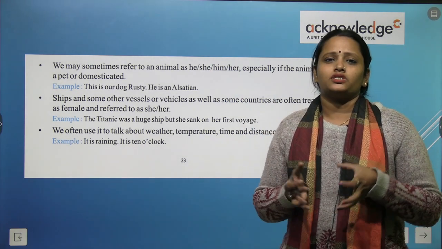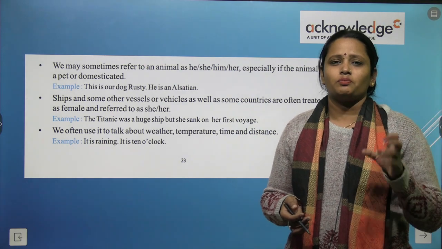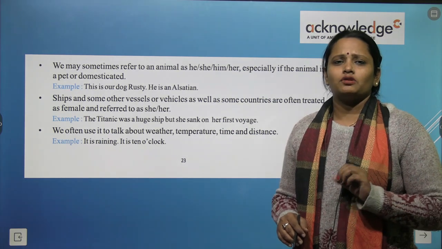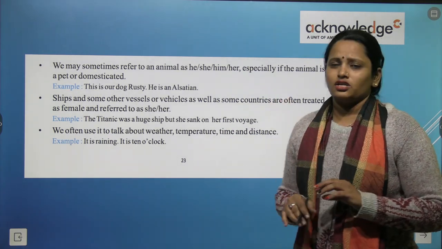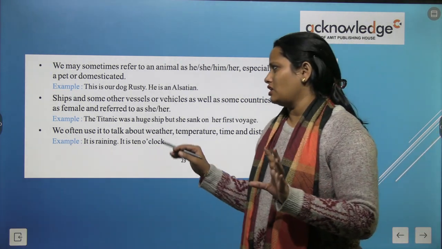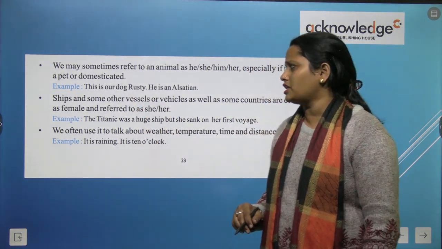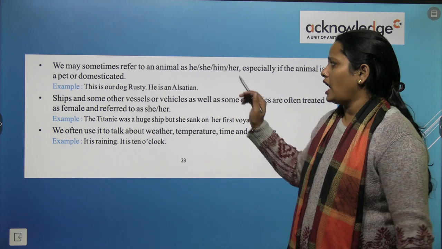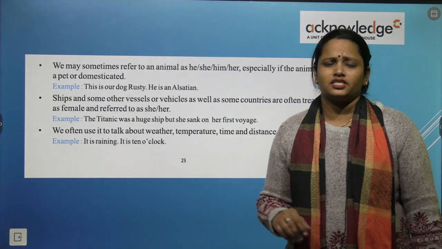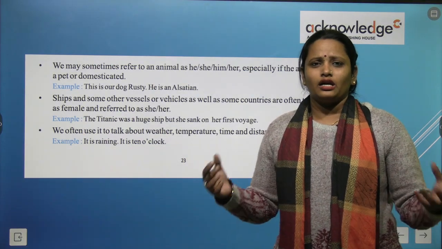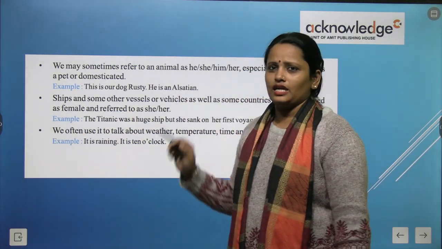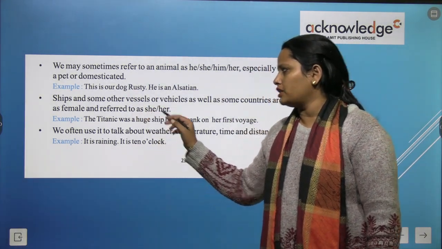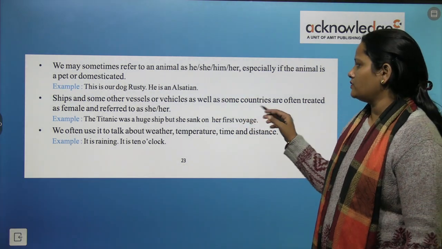स्पेशली अगर उस एनिमल को हम पर्सनली जानते हैं, वो हमारा पेट है या फिर हमने उसे पाल रखा है, डोमेस्टिकेट कर रखा है, सो ऐसे एनिमल्स के बारे में हमें पता है, तो ऐसे एनिमल्स को हम he, she या him या her के से noun use करते हैं इनके साथ। Here for the example it is given, this is our dog Rusty, ये हमारा डॉग है Rusty and he is an Alsatian. सो यहाँ पे ये जो डॉग है ये मेरा खुद का डॉग है, पेट डॉग है, तो मुझे पता है कि ये एक मेल डॉग है, इसलिए मैंने यहाँ पे he यूज किया है।